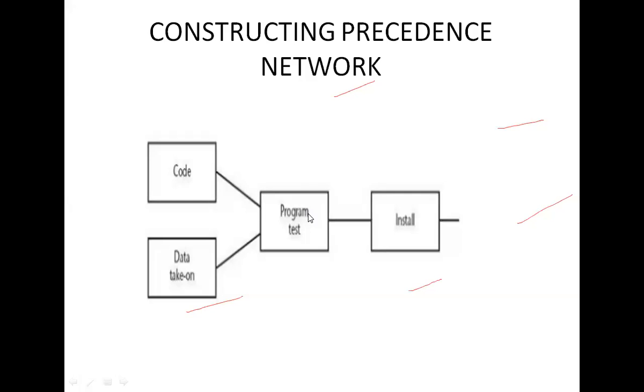Time moves from left to right here also. A network may not contain loops, so here there are no loops. And a network should not contain dangles. We will discuss dangles in the next slides. So this network does not contain loops and also does not contain dangles.